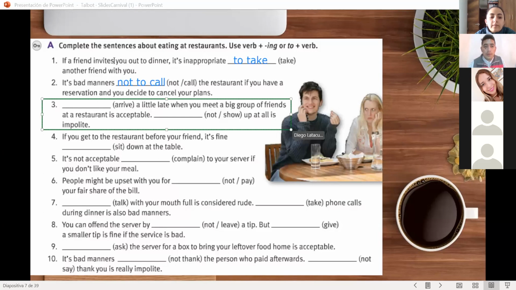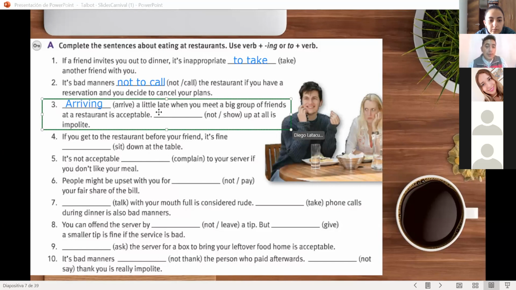Arriving con ing. Creo yo. Yes, that's it. Arriving, muy bien. Arriving a little late when you meet a big group of friends at a restaurant